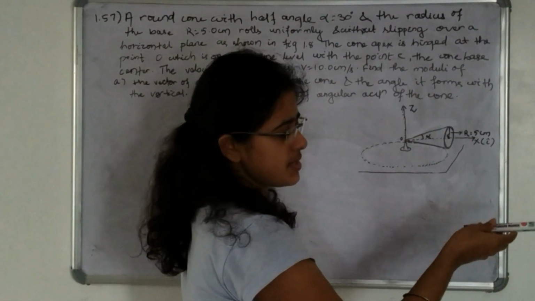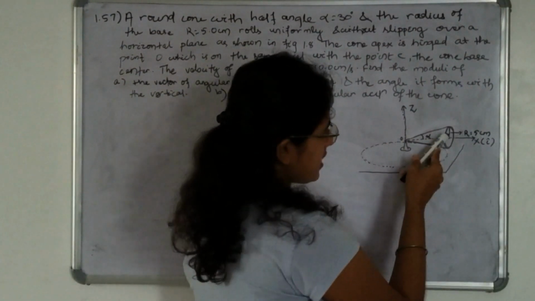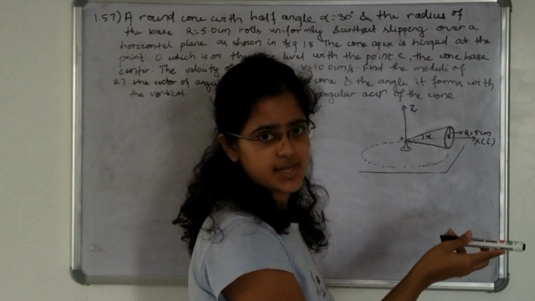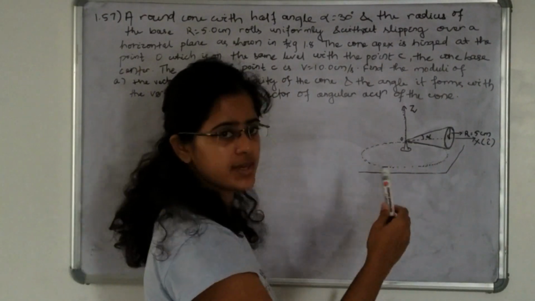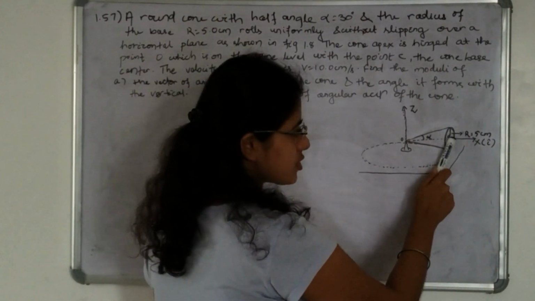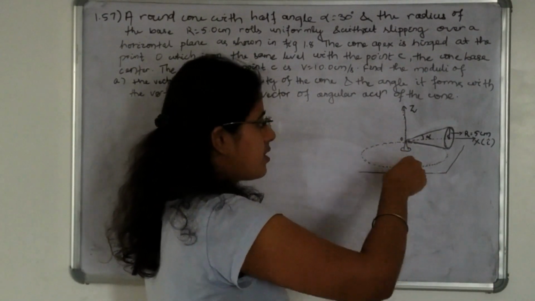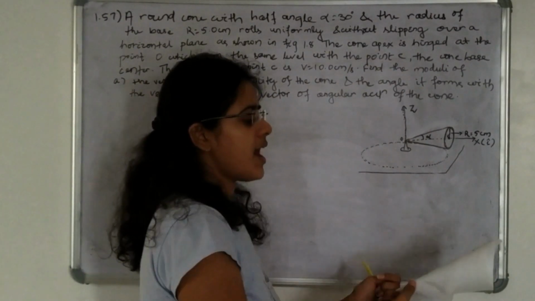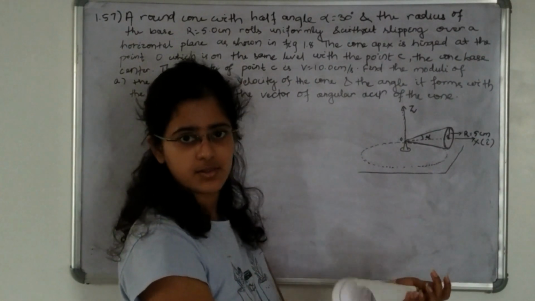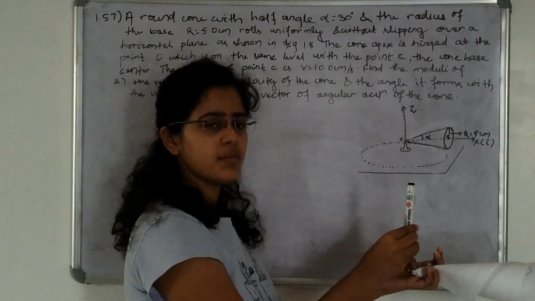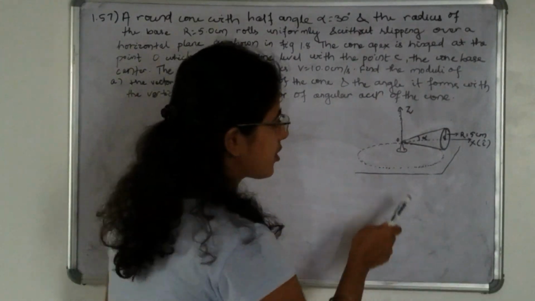So let us say this is a cone. This cone has some axis. This C is in this case directed along the x-axis. But you have to remember that this cone is revolving in the xy plane. The cone's axis is constant, but this axis is changing its direction as it is revolving in the xy plane. As this is revolving in the xy plane, its axis direction is changing. But it is revolving about the z-axis, so the z-axis is constant here. Now you can understand this.